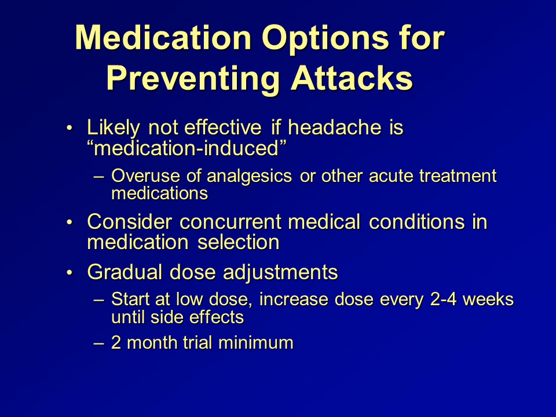One general rule with all the prophylactic medications is that the dosing range can be very broad. The medications used for preventing migraine headaches are started at low doses and gradually increased every 2 to 4 weeks. This is continued until either the medication works or side effects prevent dose escalation. A challenge with this is that patients tend to give up on medications prematurely, thinking they are not working, when they are still in the titration phase. An adequate trial of at least 2 months should be allowed before determining if a medication is working.